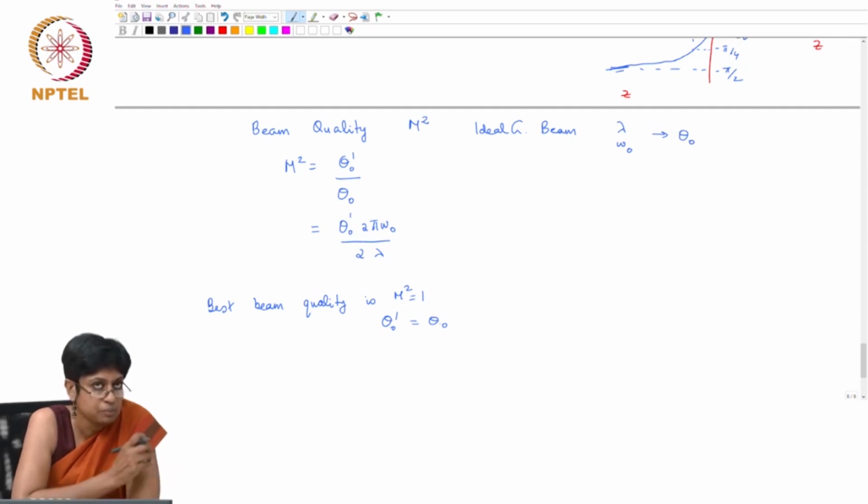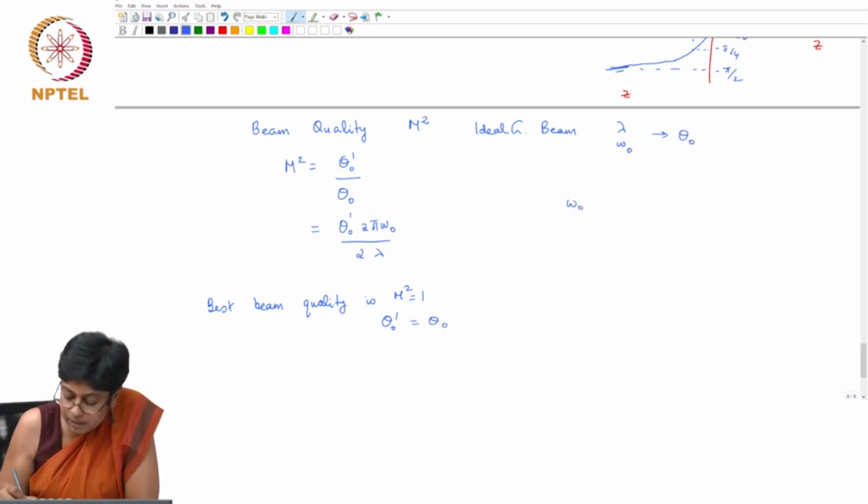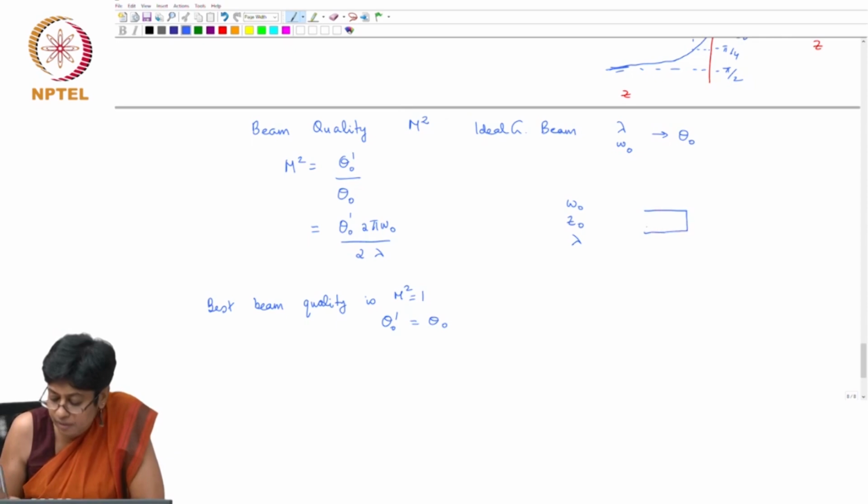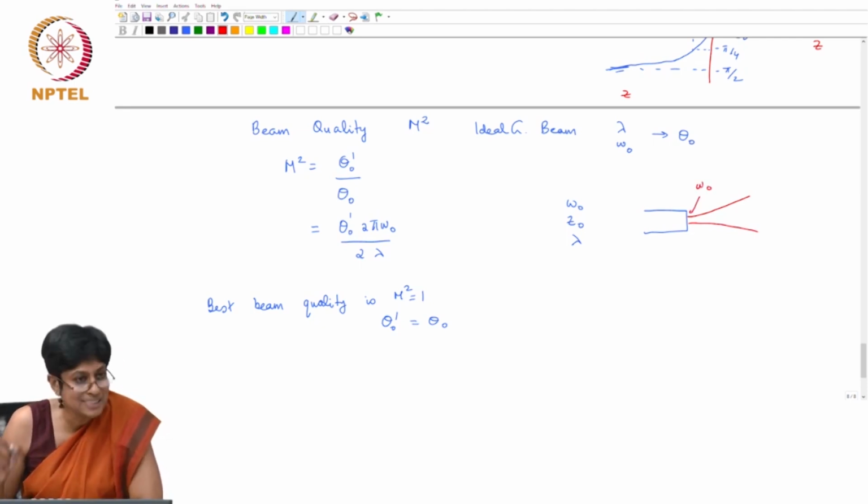With the Gaussian beam, you've had this concept that there is some inherent nature to the beam, right? So we've been referring to omega naught, z naught, and always, though I may not always explicitly say, lambda is also playing a role in it. This inherent nature means that if I have a source and the Gaussian beam emerges from this source with this wavelength and omega naught, that means this beam has a fixed z naught and a fixed theta.